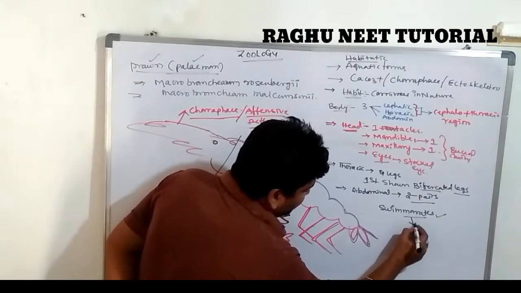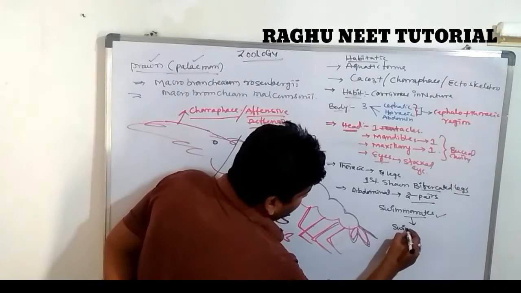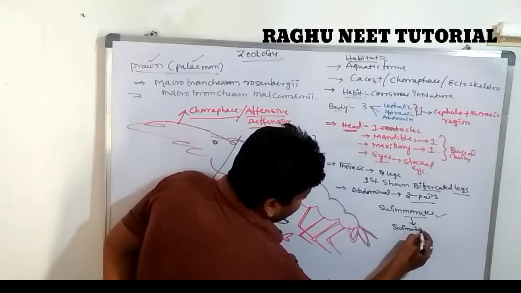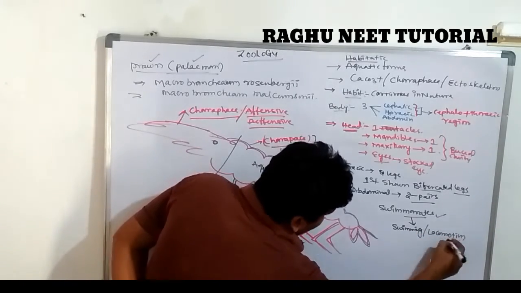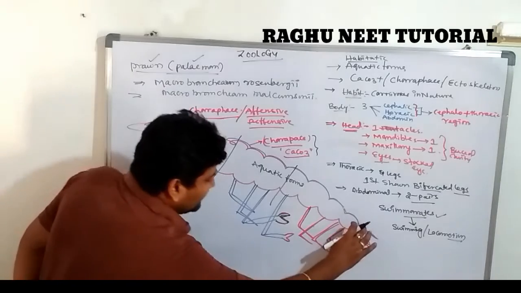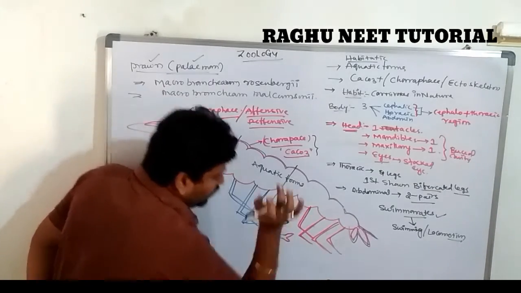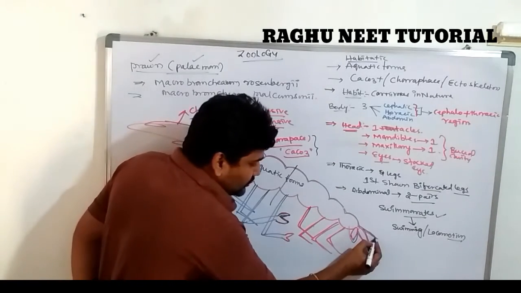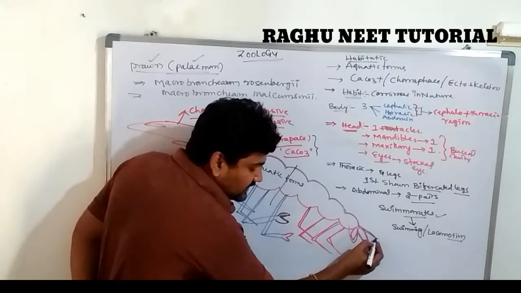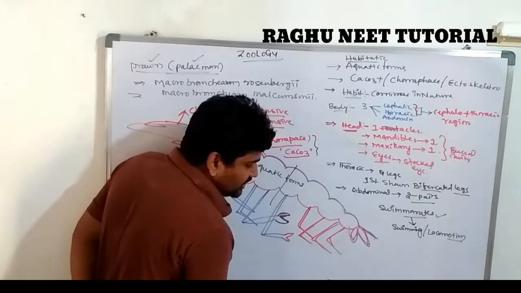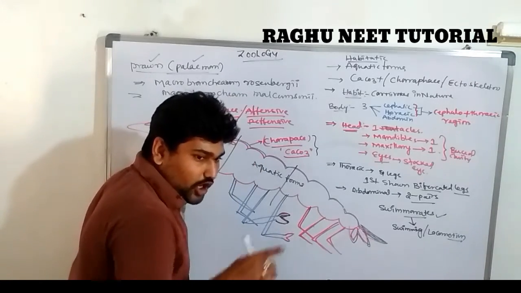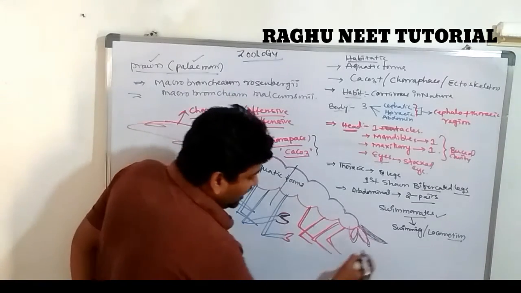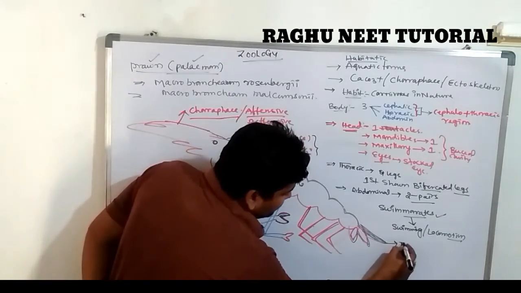The swimmerets are useful for swimming. Swimming is nothing but locomotion in aquatic conditions. Locomotion. Note down everyone. Locomotion. After these 4 legs, the end portion, the terminal part, the posterior region of the body, has one large projection. It is a very sharp pointed projection. This sharp pointed projection is known as a telson.